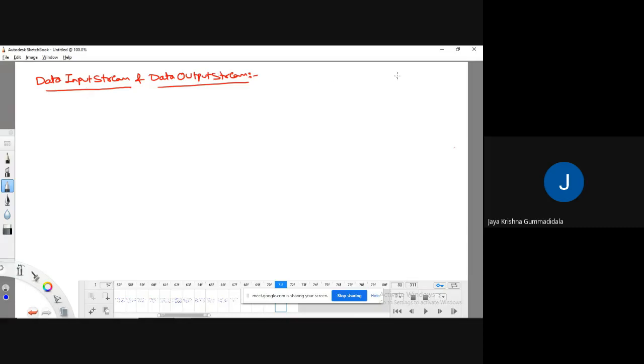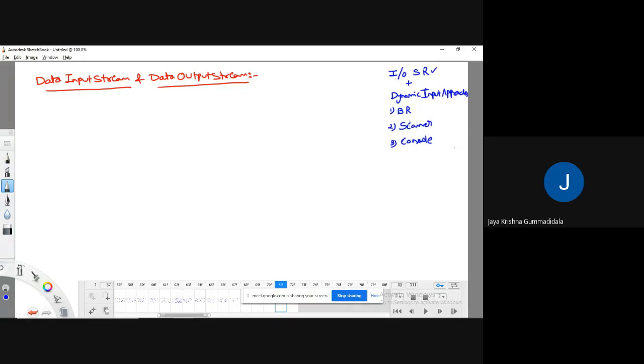In the last class, we have seen the concept of input-output stream readers. Along with that, we have seen various kinds of dynamic input approaches, like by using buffered reader we can take the input, by using scanner class you can take the input, or from the console we can give the input, right? For different kinds of processes, different kinds of drawbacks are there.